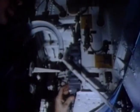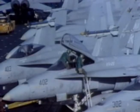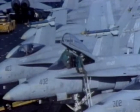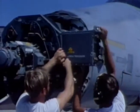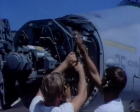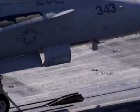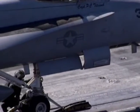This panel, called the Maintenance Monitor Panel, also indicates whether or not any of the onboard consumables will need servicing. Problems can be quickly located, isolated, and the offending components replaced when necessary. The Hornet was designed to spend minimum time on the ground and maximum time in the air where it does